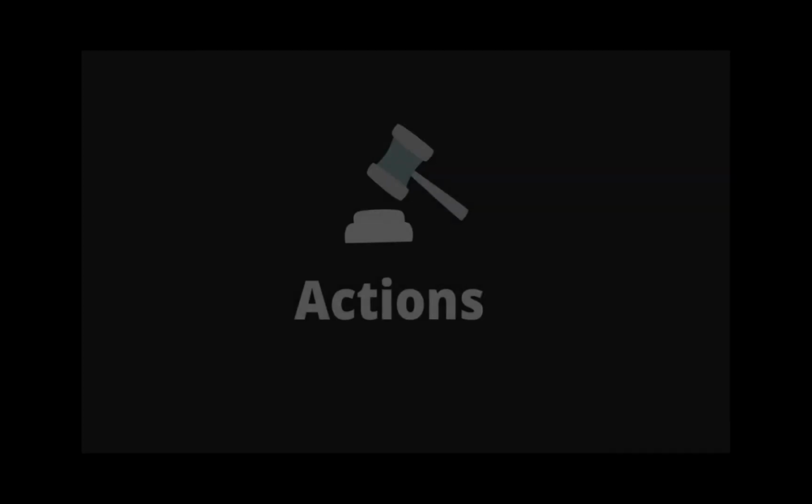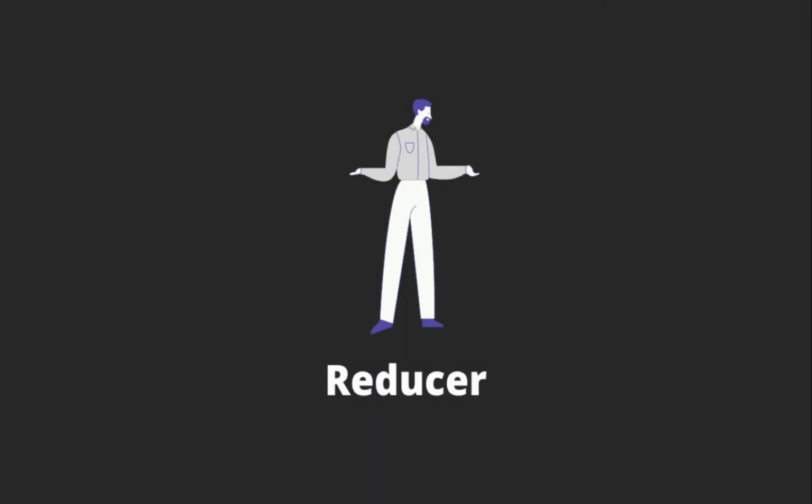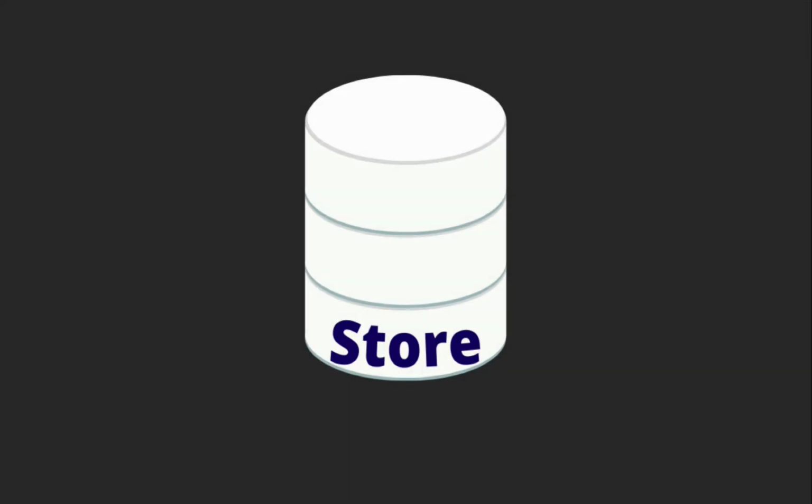So here, the first thing is that we have specified the actions, and the second thing is the reducer. Now let's consider a scenario where you have a centralized database. The name of the centralized database is store. You need to perform some action and the data will be stored in your centralized database, and we cannot